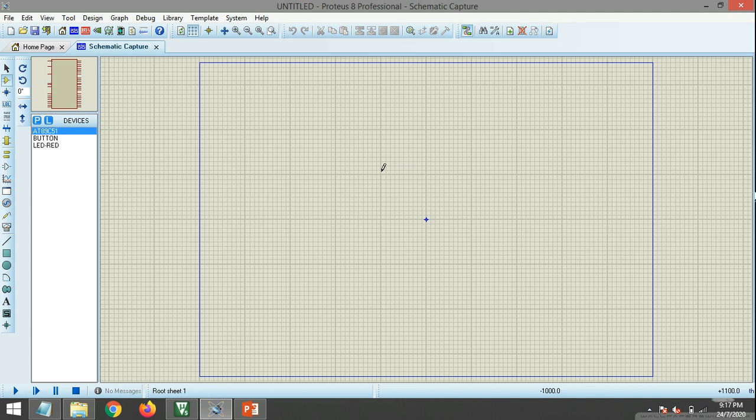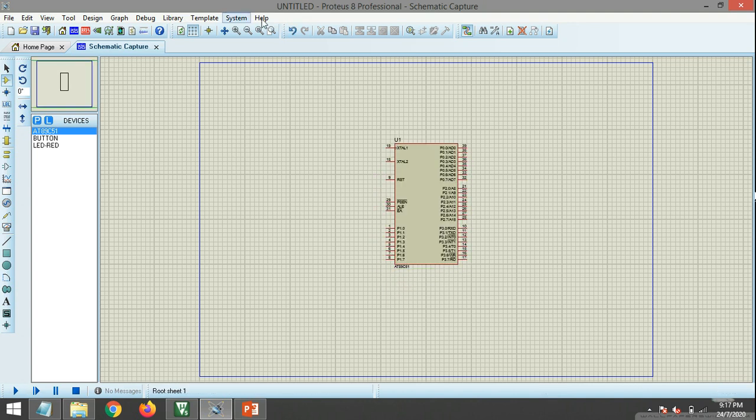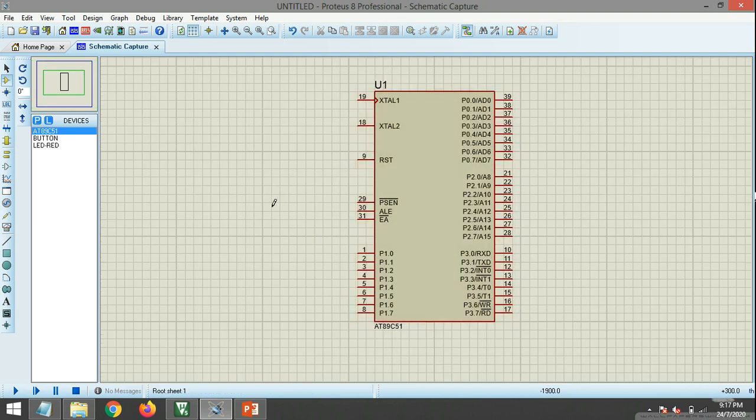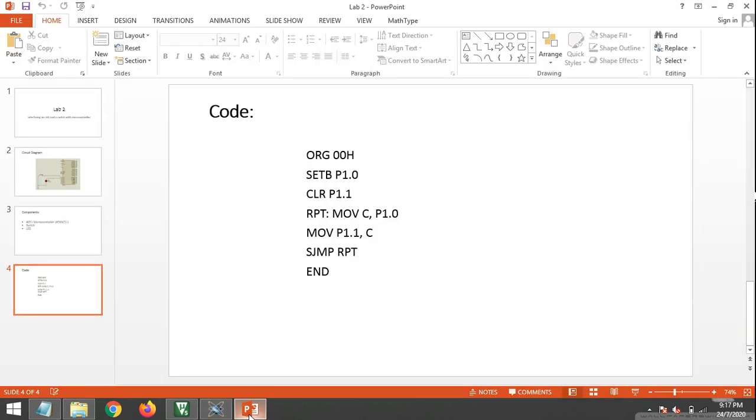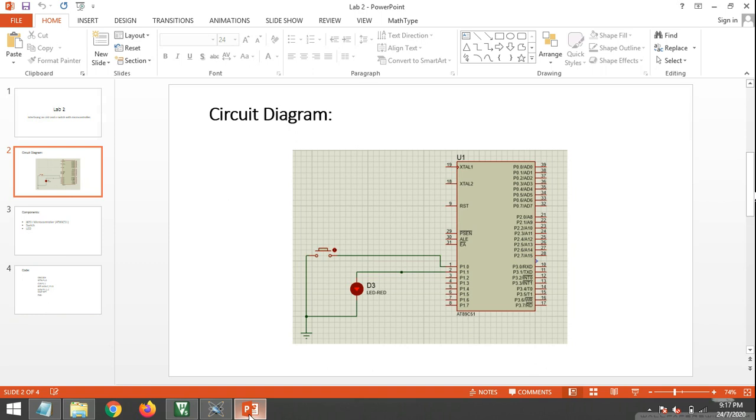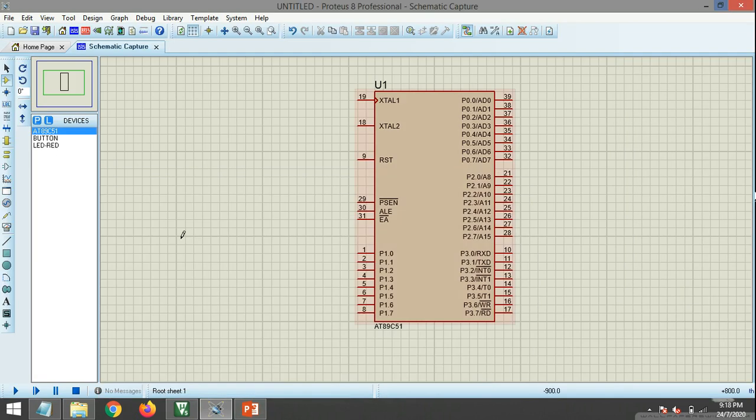So now we'll place our microcontroller here. Let me zoom it a little bit so that it is clearly visible. Okay, so again let me check the circuit diagram. So port 1.0 needs to be connected with the switch, so we'll connect the push button with port 1.0 here, and we'll connect our LED with port 1.1, which is our output.